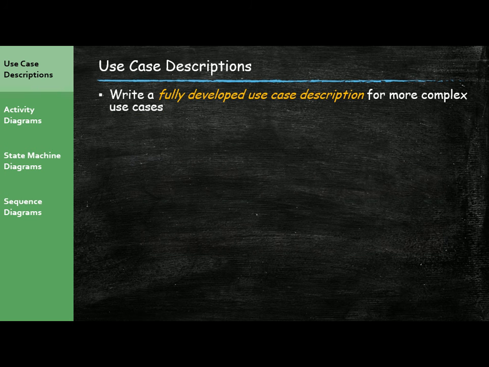For other use cases, or more complex use cases, we need a fully developed use case description where we explain the use case in much more depth, much more detail. And this is very important for those complex use cases where it's not obvious how a use case is carried out. And I've talked about this before, but a lot of use cases are very obvious, like